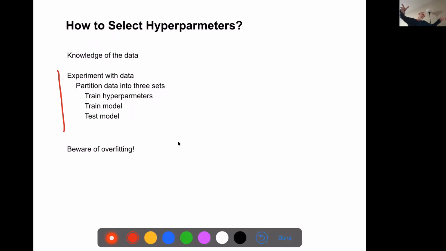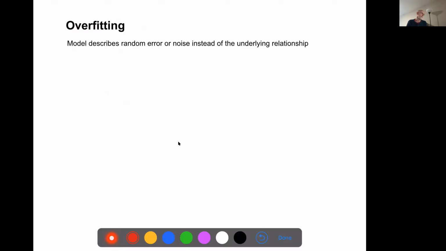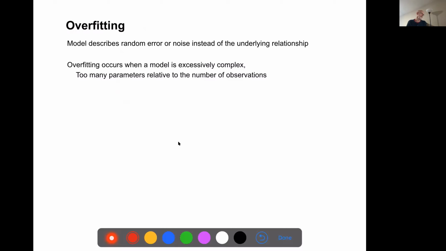One is to train hyperparameters, see what works best, then train the model, and then test our model. But so the fun part, we create a grid, but that all of a sudden can consume a lot of CPU cycles going through that grid, searching the parameters. And overfitting is always a problem.